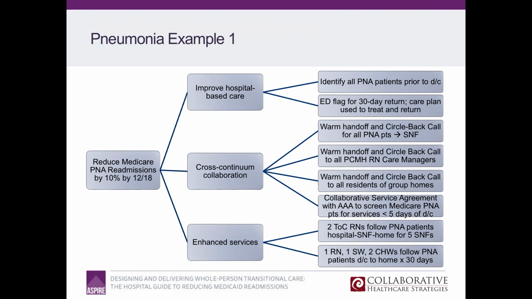And then pneumonia example number 2 is much simpler on slide 23. This team is looking to reduce pneumonia readmissions by 20% over the next 12 months. And so really using the 3 constructs of the 3-part portfolio of strategies, what you can see is a very elegant model where we identify and refer all pneumonia patients who are being discharged to home for transitional care. And we happen to know that's 2 discharges a day, right?